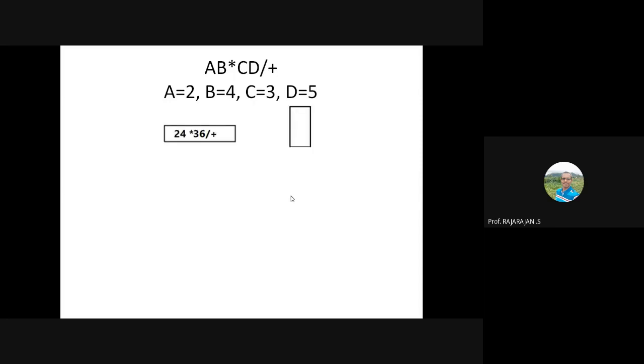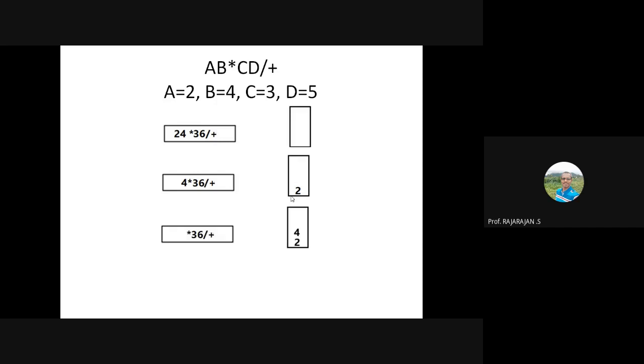So step 1, initialize an empty stack, then check what you are coming across. It is an operand, so put it into the stack. Then you get another operand, again that is also pushed into the stack. After that, what we are getting is an operator. So 8 has come because we have multiplied 4 and 2. So what it actually implies is that we popped 4 and 2, which were the top 2 operands, and applied the asterisk, multiplied the values and pushed the result into the stack.